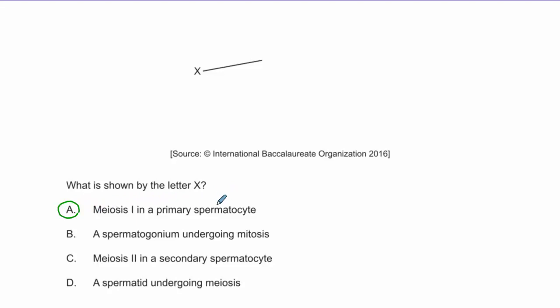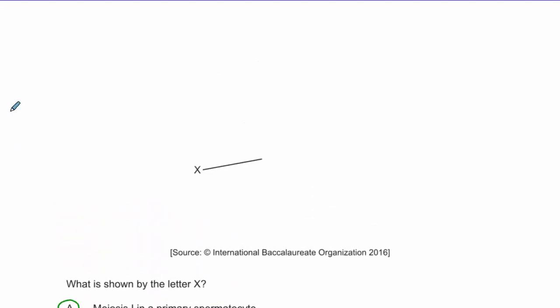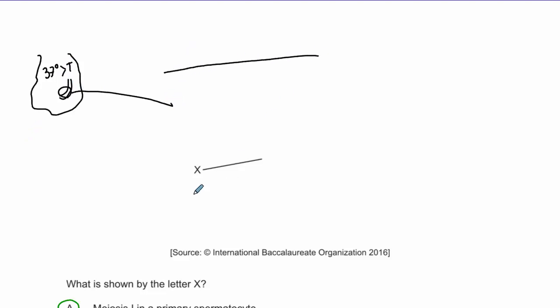So if I remember correctly, if you have the scrotum, you have seminiferous tubules inside, and it's in the scrotum to get the temperature lower than 37 degrees, because meiosis doesn't like 37 degrees. T less than 37. And this seminiferous tubule, let's draw it here,